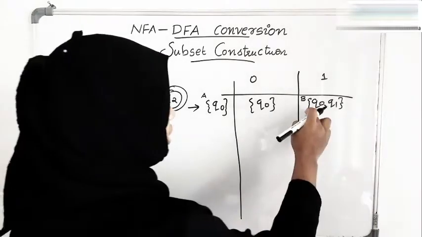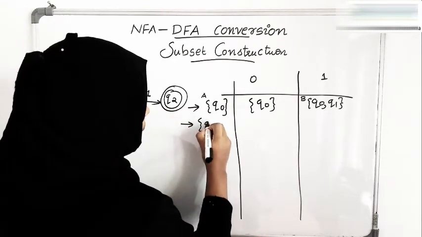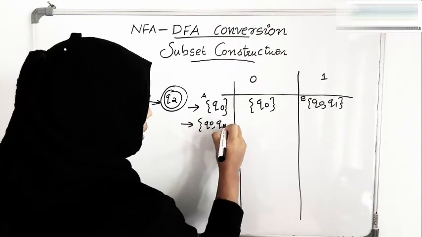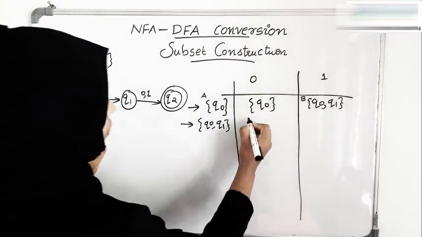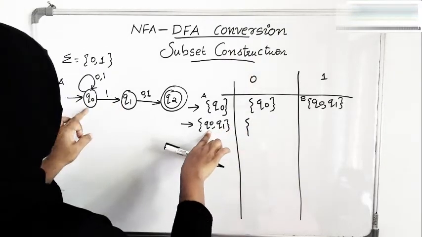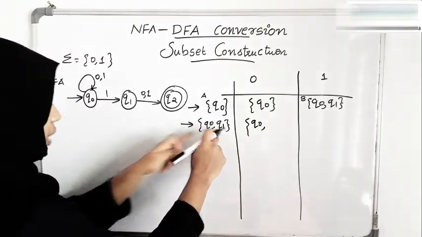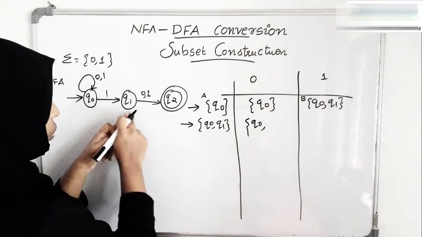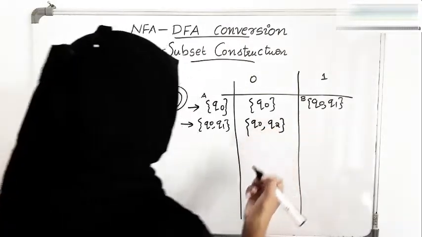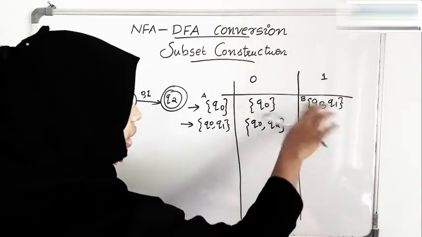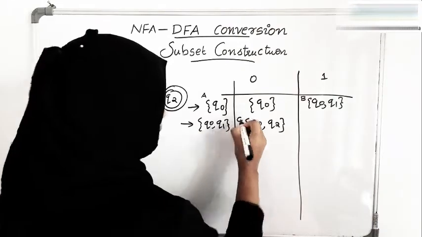Okay. So this is a new set Q0, Q1 that we haven't seen. So we will take that Q0. This is how the algorithm goes. Now we will take Q0. When you apply 0 to Q0, you get Q0. Next is Q1. When you apply 0 to Q1, you get Q2, isn't it? Now Q0, Q2 is again a new set which is not there in this table before, isn't it? So I am giving it the name C.